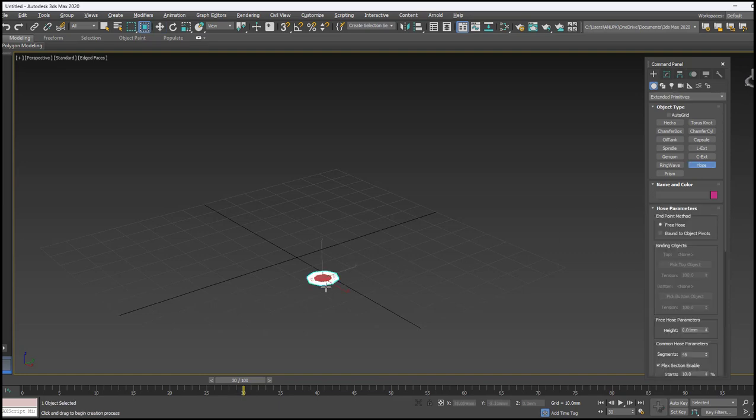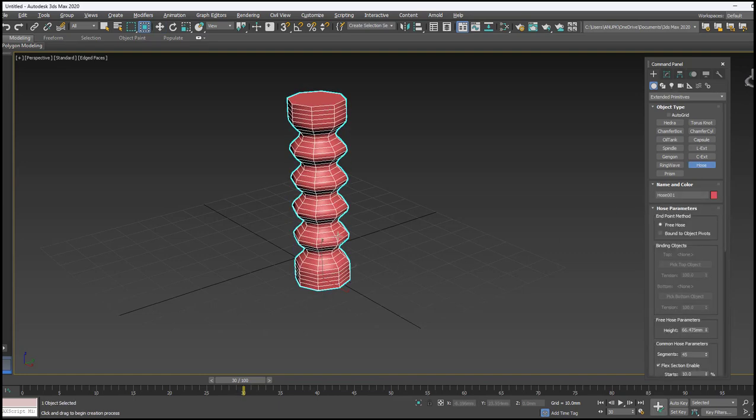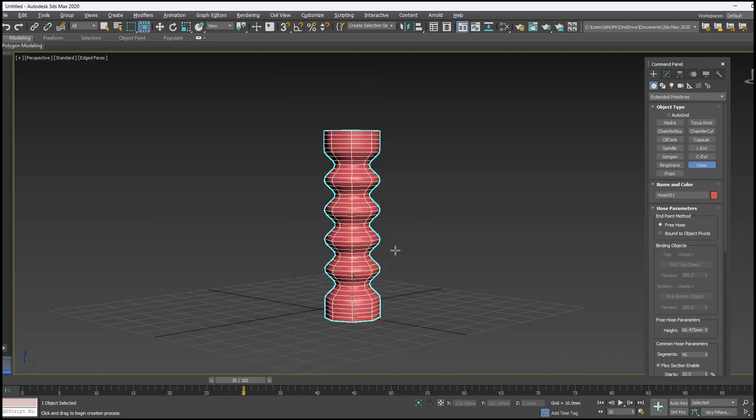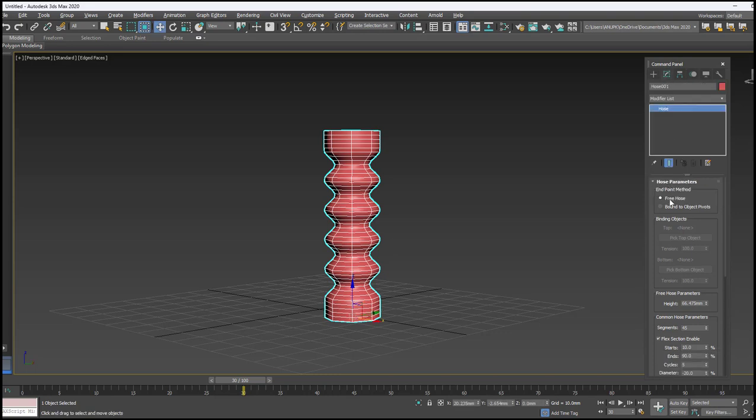And hose, this one you can use as an architectural column or else you can use it as a base for a wheelchair. Go with the modify and then free hose or bound to hose.